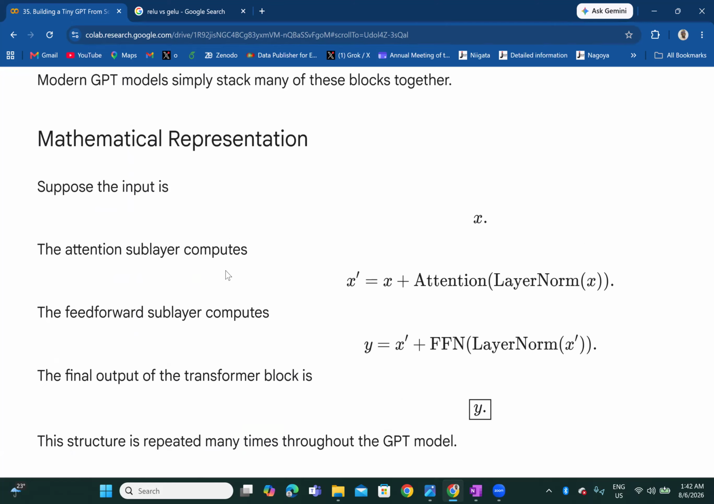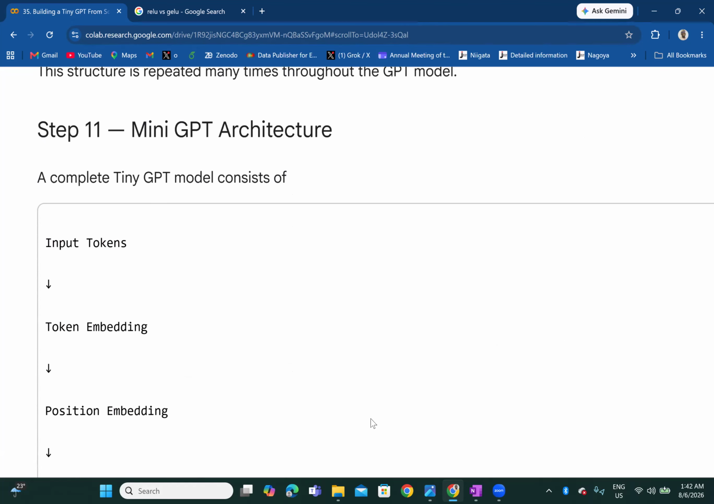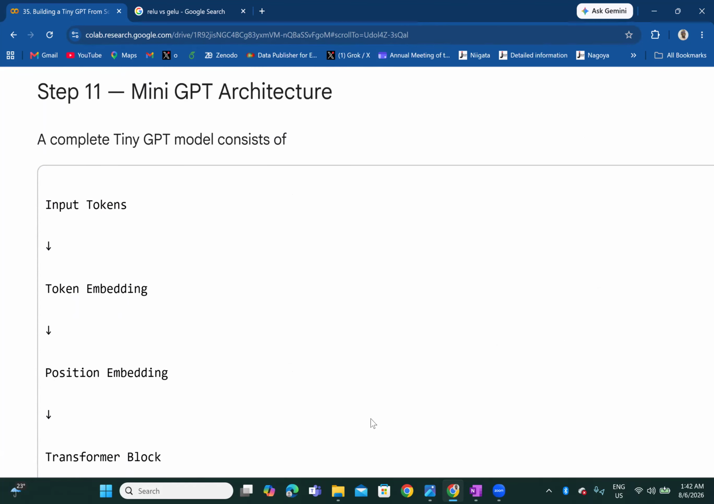So attention layer x prime: you have x plus attention of layer norm x. This x prime now is thrown into the feed-forward sublayer, and then you get y, and the final aspect of the block is this y you have here. This structure is repeated many times throughout the generative pre-trained transformer model, which is what GPT means. So you have a mini